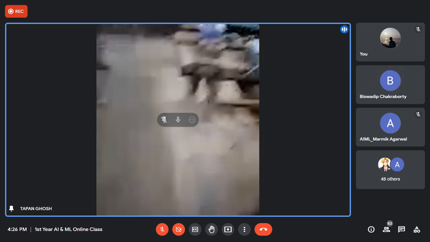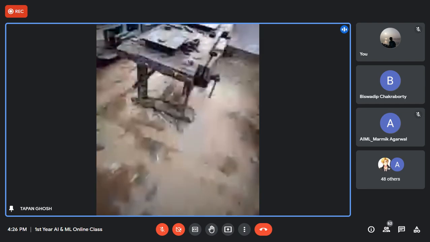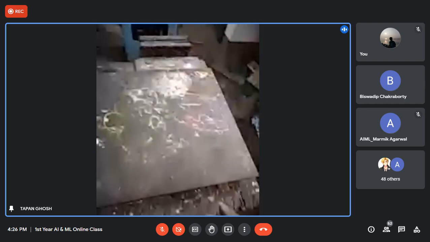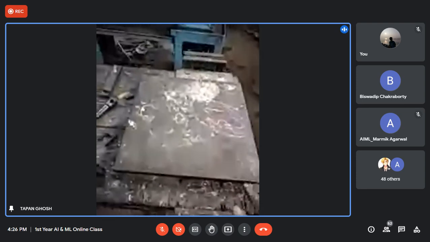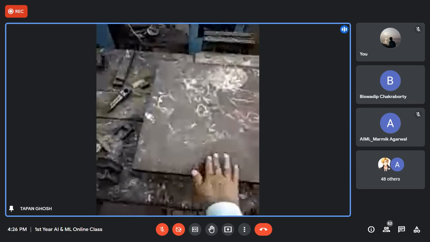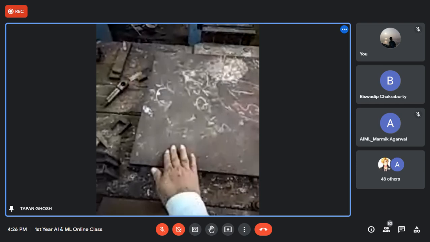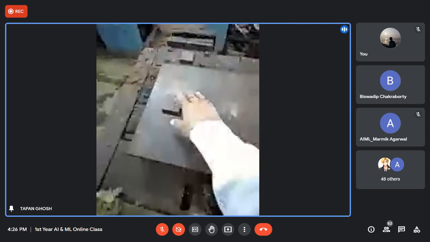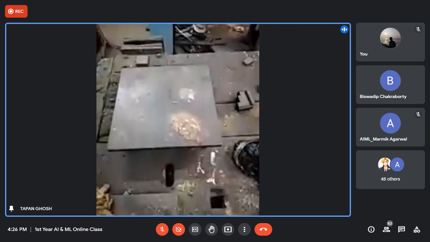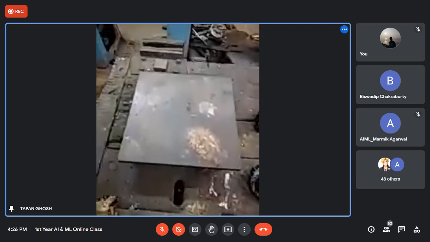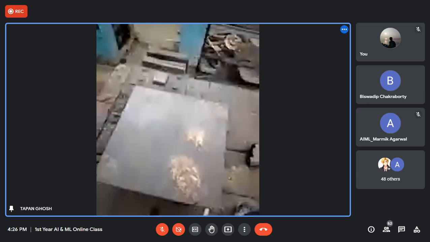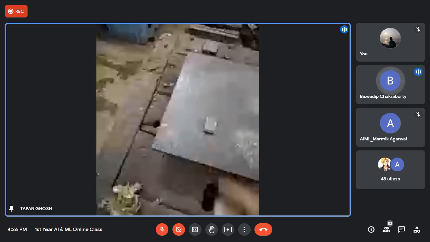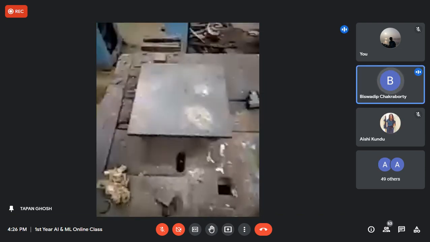Surface plate. So the surface is here. When you mark on the job, that is the metal side. So this is called a surface plate. This surface is machine finished. That is a level. This is one surface plate. Another surface plate is here, a small size. So for any mark on the plate, you have to keep it here and mark on it. We use it for marking and measuring.